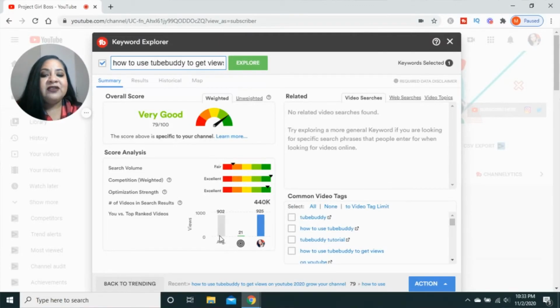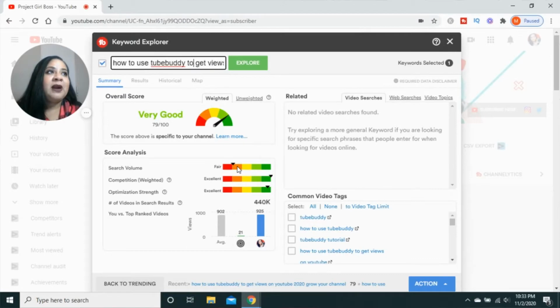I need to be averaging about 902 views. If I use this keyword, I will be able to rank for it. It still has a fair amount of search volume. The number of videos in search results is 440,000, which is a lot more than 100,000. So that part is still a little bit high, but I would actually risk it because the videos that are ranking high for this are averaging about 900 views per video, and your videos are averaging